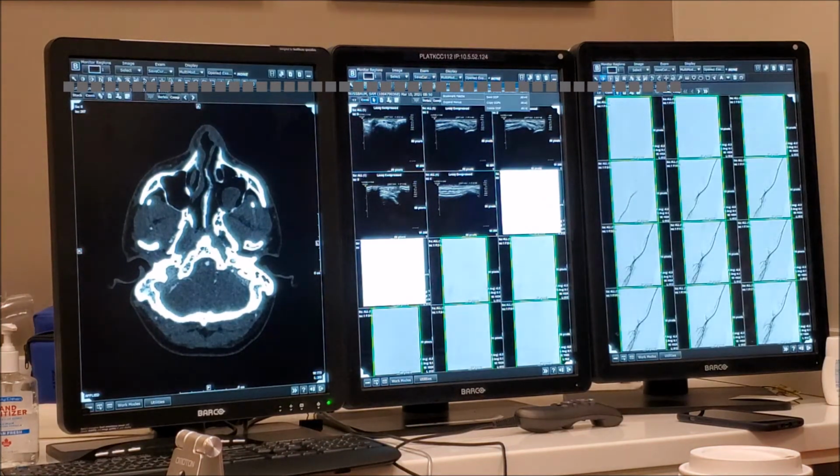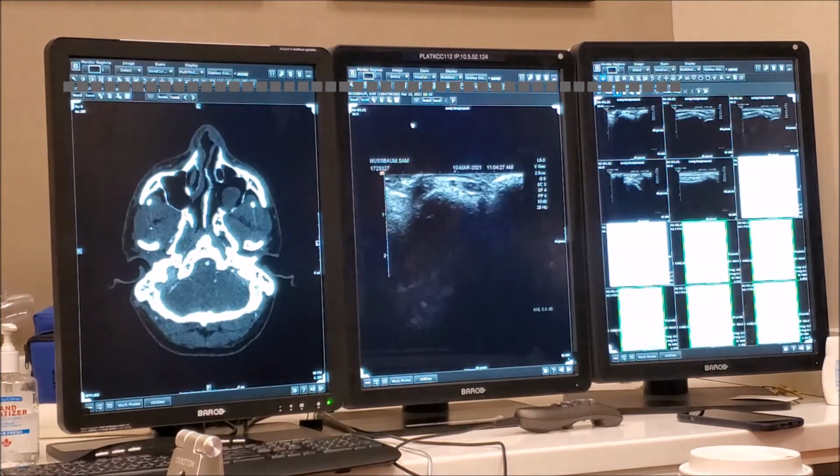So you can change the thing. If you want two big screens, if you